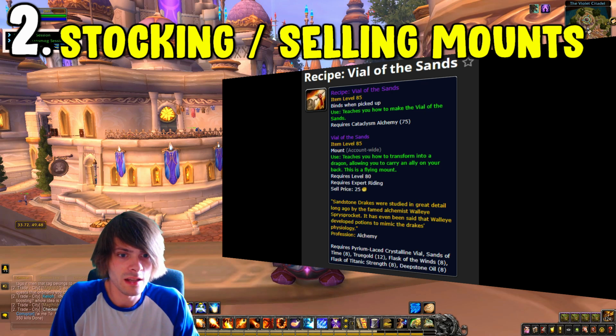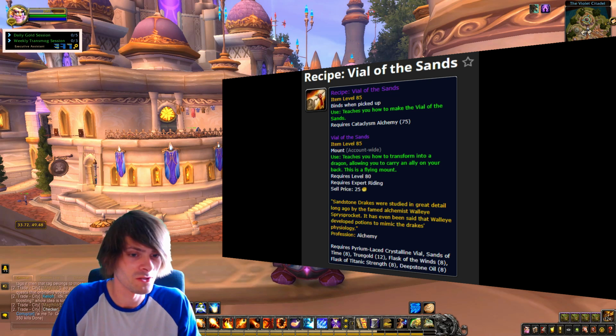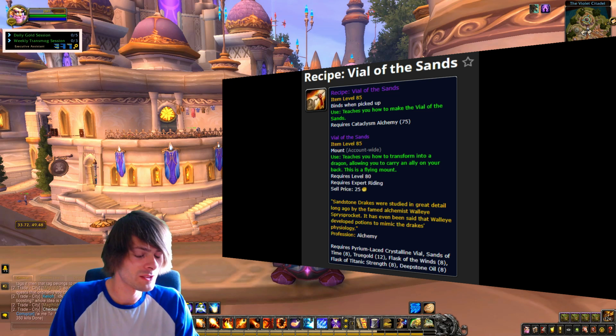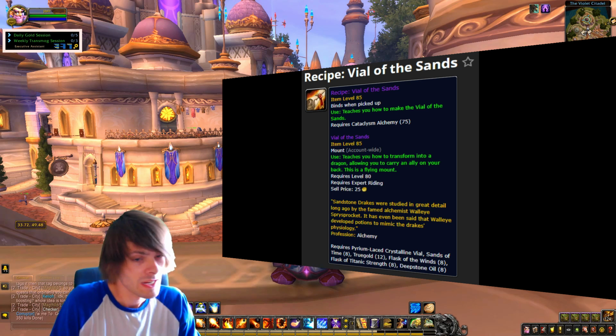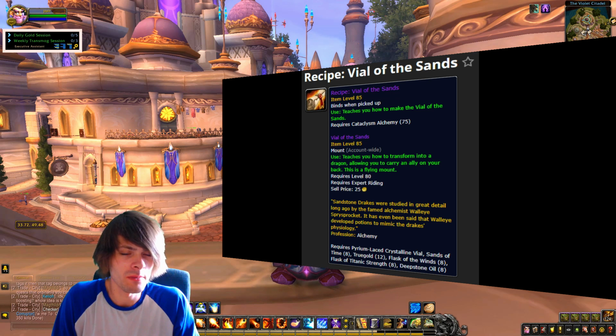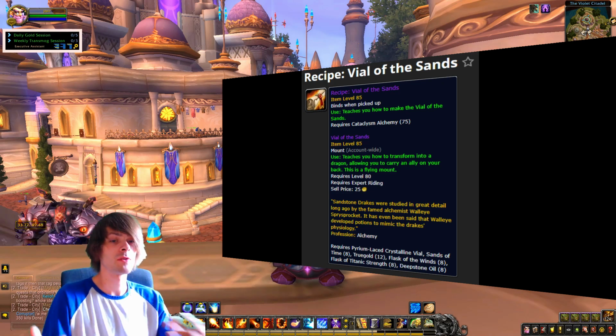So I'm going to start selling Vial of Sands, Mechanist Chopper, and Panther mounts. Yes, I've actually made Panther mounts viable on Argent Dawn EU. I can pull in some decent gold with that now. But alongside that, I'll also be doing some investments into mounts, like Garnite, Howl, Poseidus, those types of farms. I'll have one character camped outside of there, and then I can move on to all of that